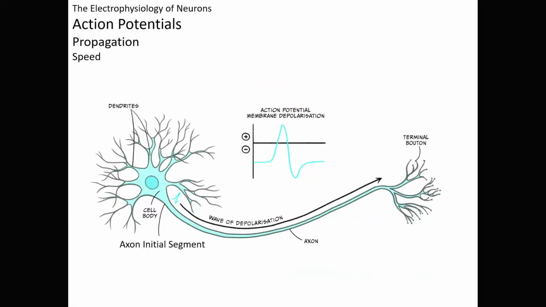Okay, the next thing for us to think about here with respect to propagation of action potentials, now that we kind of understand how they get propagated unidirectionally from the axon initial segment down to the axon terminals, is to think a little bit about the speed at which action potentials can be propagated. And this is important because the faster that action potentials are propagated, the faster that we can communicate nervous information